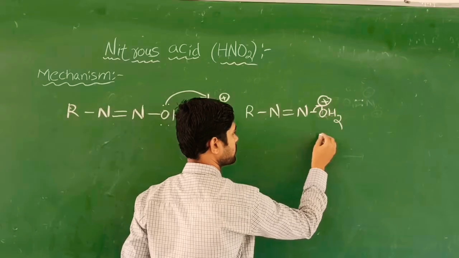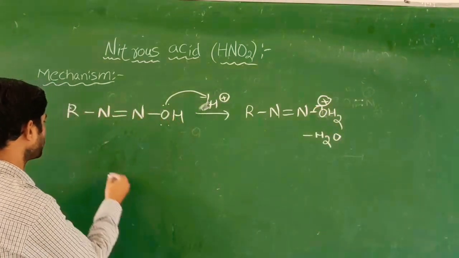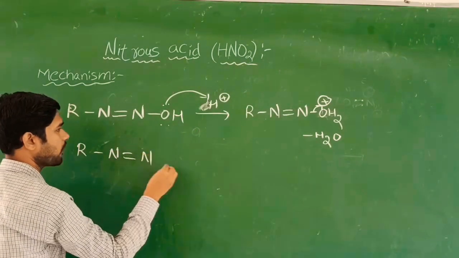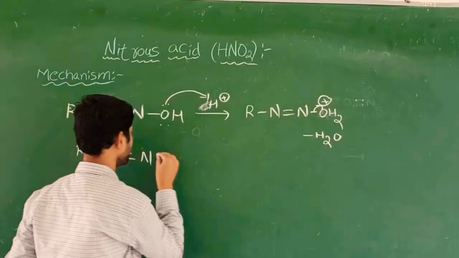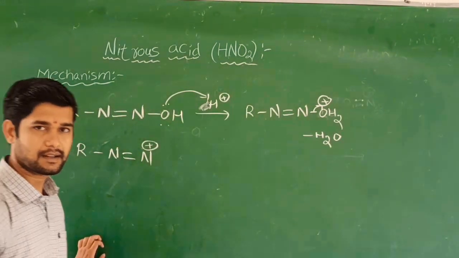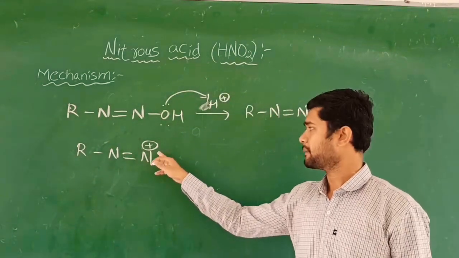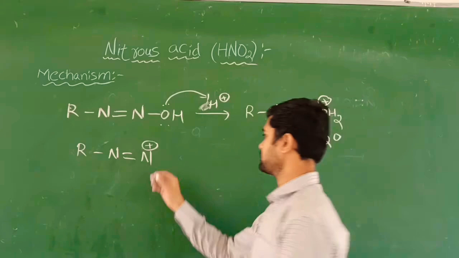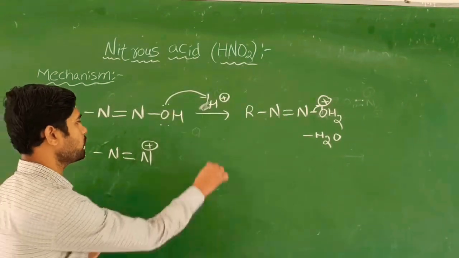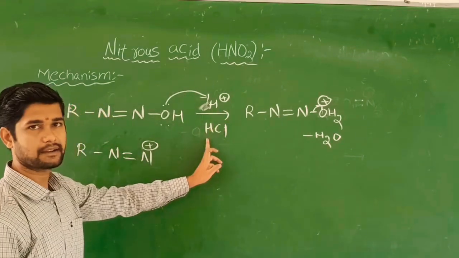So water is going to be eliminated here, and the remaining I am going to write as it is, R-CH double bond N. After removal of this bond, now it becomes nitrogen with a plus charge, because nitrogen always has trivalency. Now it becomes divalent. That's why I have written plus. So when I take this reaction in acidic medium, obviously it contains HCl. If I write H plus also, I can write it as HCl.